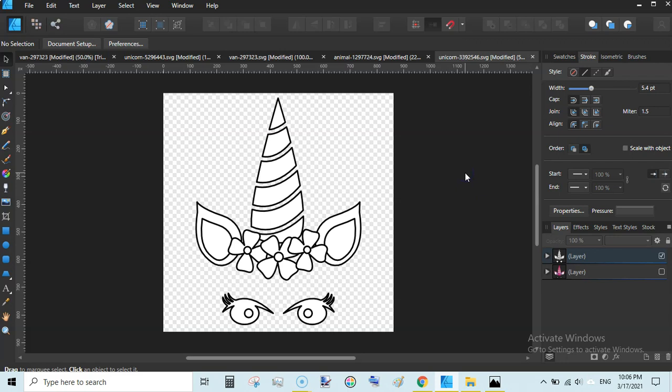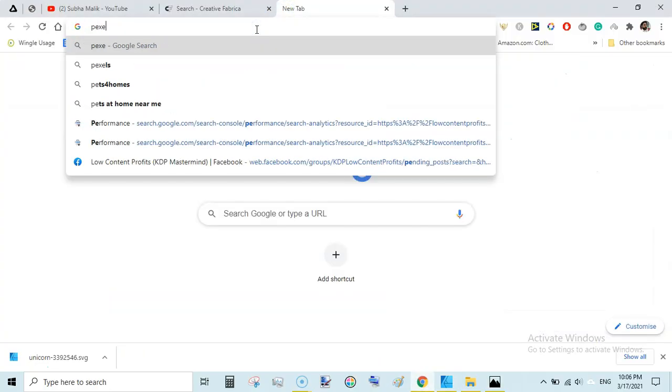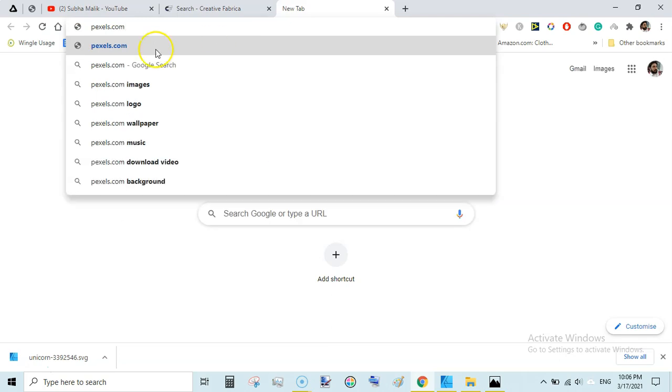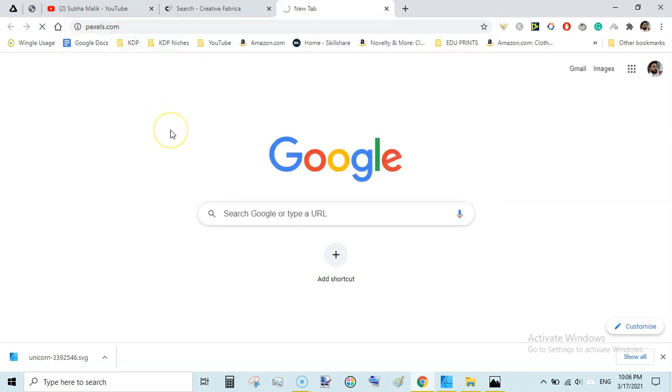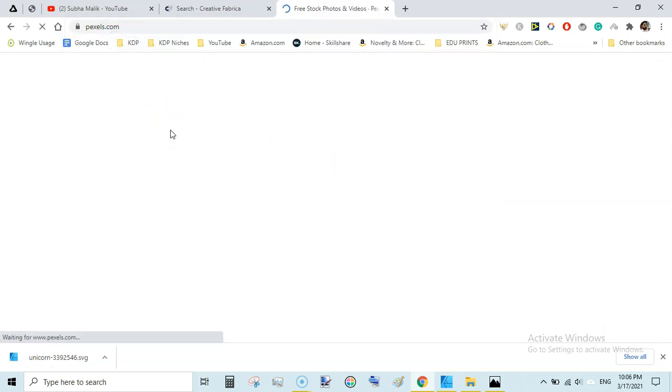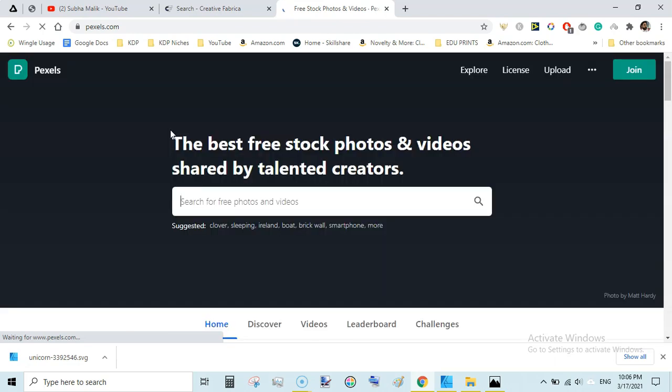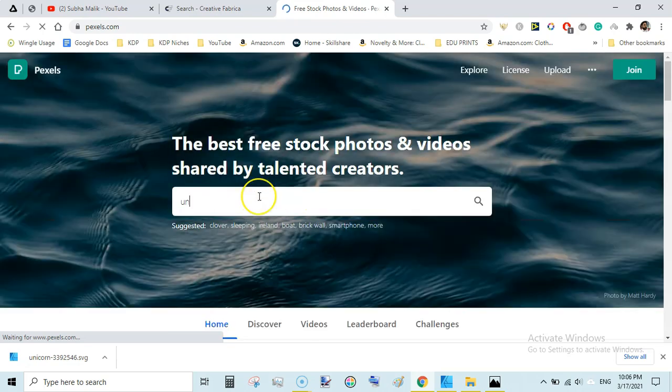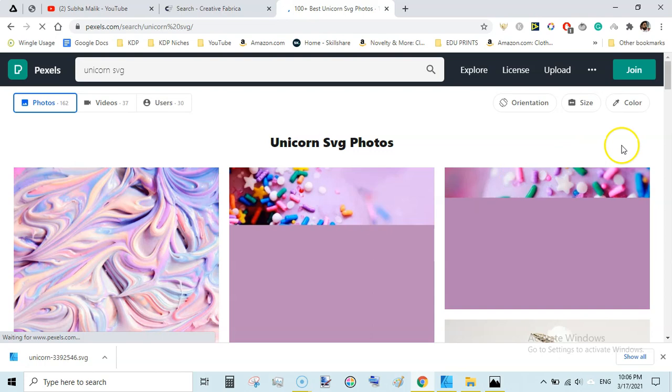And you can in this way download multiple pages from Pexels. Let's see if we get these images from Pexels as well, pexels.com, or you can go to vecteezy.com and get images from there too, and search here for unicorn SVG.